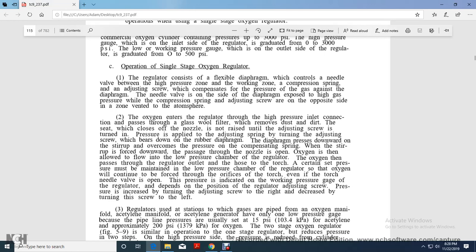When pressure is applied with the adjusting screw, it bears down on the rubber diaphragm. The diaphragm pushes downward on the stirrup to overcome the pressure from the compensating spring. When the stirrup is forced downward, the nozzle passage opens and oxygen passes through the regulator outlet to the torch hose. A set pressure must be maintained in the low pressure chamber of